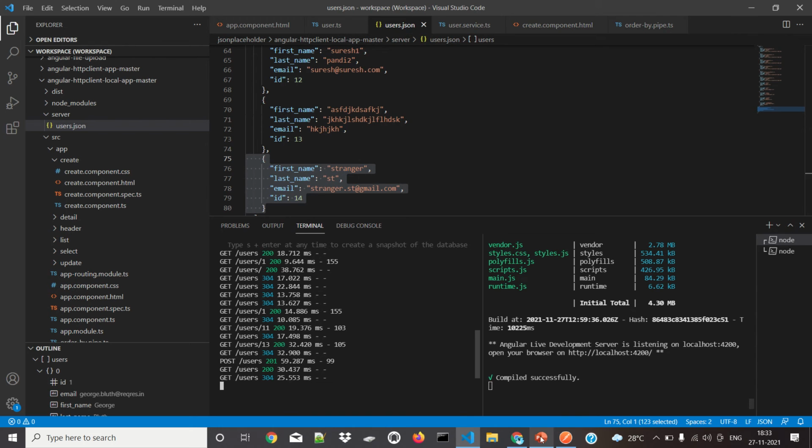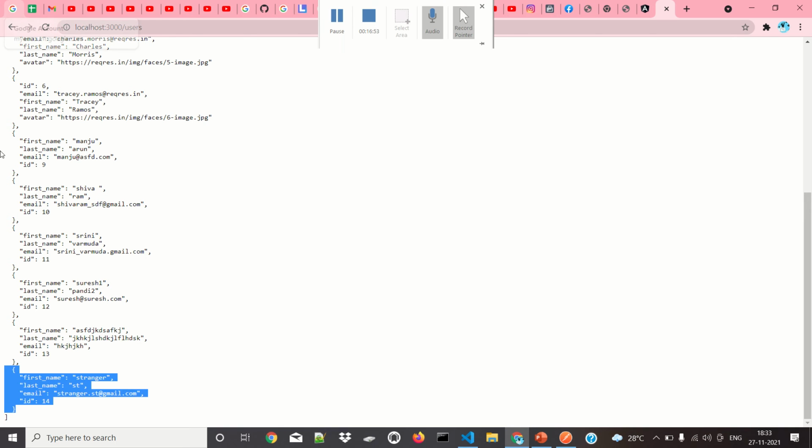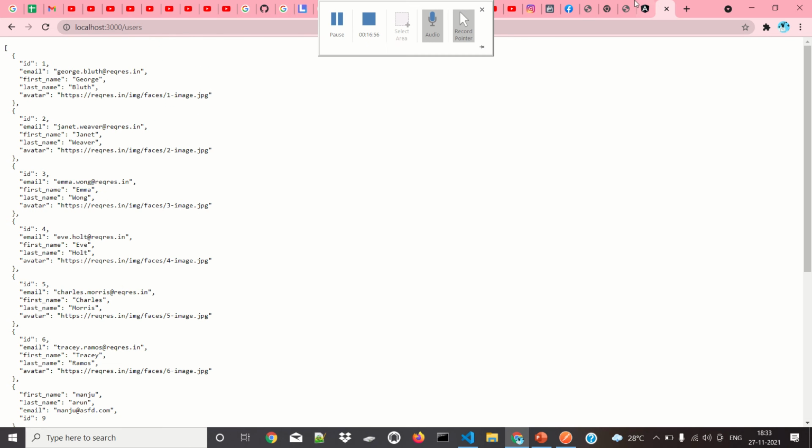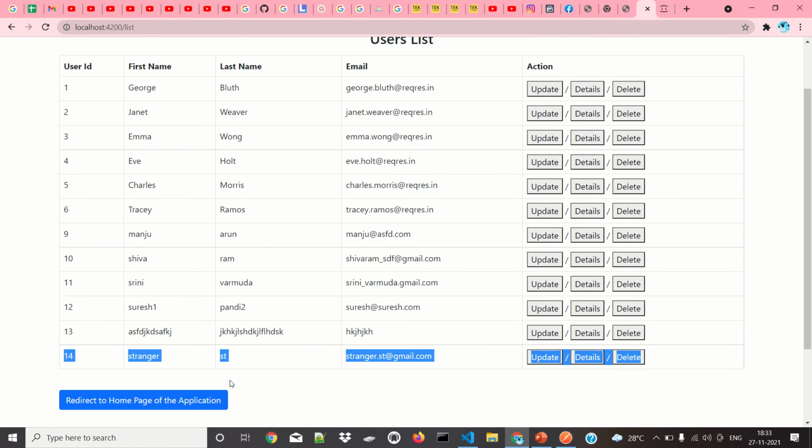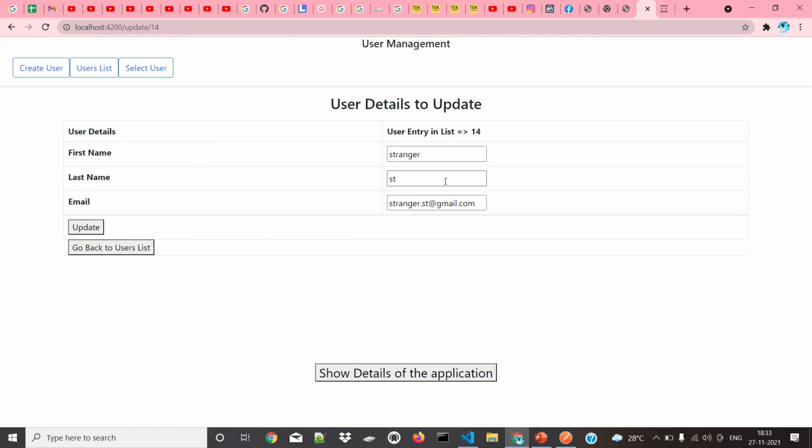Now we will go for changes to this particular entry, entry 14. I'll change something. Here it is st, so I want to change it to new stranger. Enter, and here I can change something extra, and change it to new.